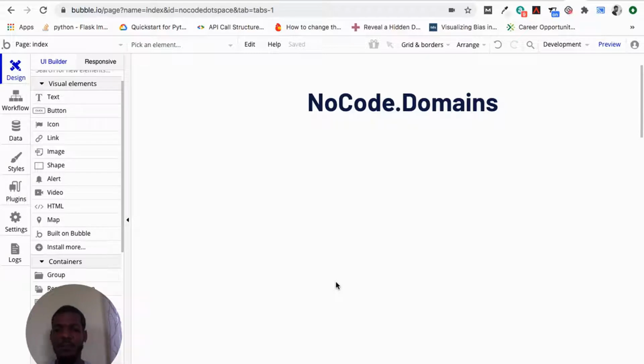So my review of the software is that it's not very intuitive, but it's very exciting to learn because it is logic oriented. If then else, when this happens, do that. So very interesting. So the application no-code.domains will enable